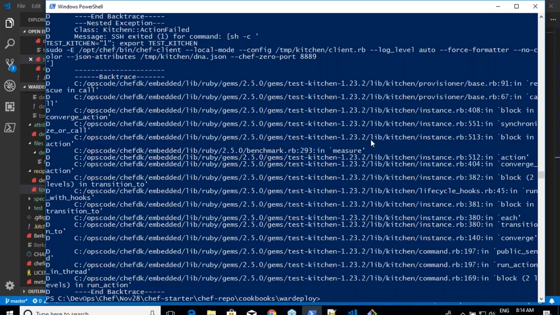So ensure that you have kitchen set up either for AWS or for Vagrant, because we have to fix two errors. One is whatever we see right now, and then we had one more error in the other cookbook, which is regarding nil. And from tomorrow onwards, I am not showing how to set up kitchen. I am using it because I need to move on to the next topics. Am I clear on this? Ensure you have one of them, either test kitchen with Vagrant or test kitchen with AWS.